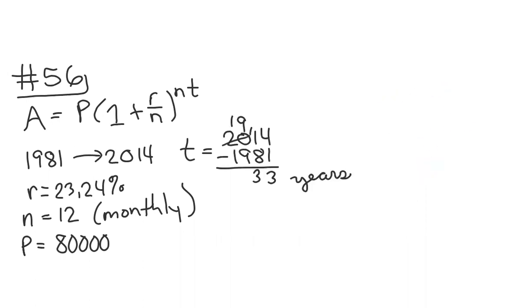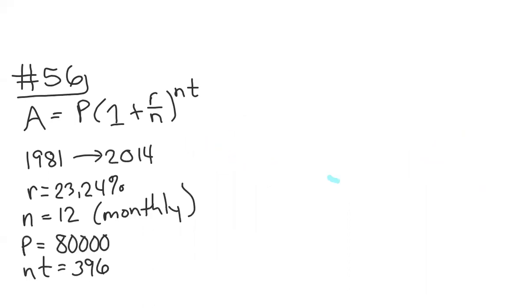And what else do we have? Just to plug and chug it now? Well, we could do nt, because that's a big number, 12 times 33. That's 396 compounding periods. So if we were to start our plug and chug, then we have